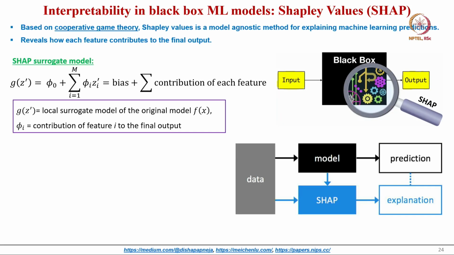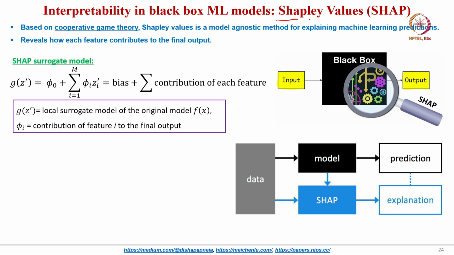So, interpretability in black box ML models. ML models are often criticized because we do not know what is happening inside the ML model and why a specific ML model performs better than another ML model in terms of the quantitative performance metrics. Whenever you are quantifying something, as scientists we believe that aspect, right, but the question is what is the basis or rationale of our trust or belief in ML models when we do not know the different equations that are being generated to fit the model better and better.